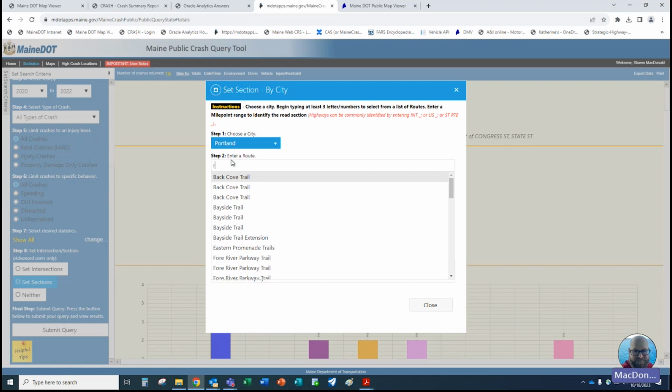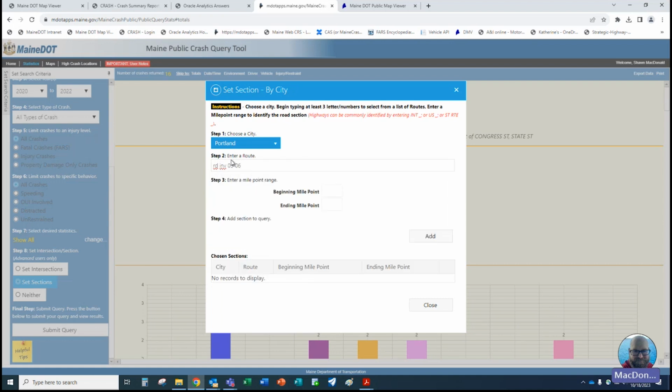I'm going to do the road conversion 0506160. Correct. Oh, that's not right. Those numbers right. There we go.